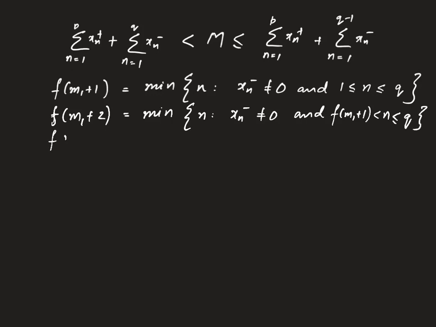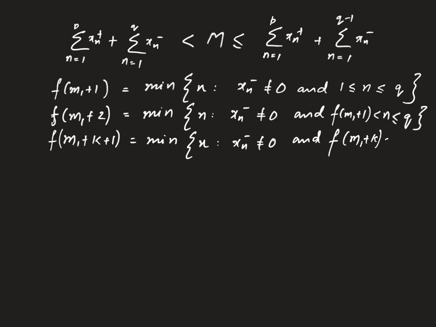Finally, if we know f of m1 plus k, we can define f of m1 plus k plus 1 as the minimum of n such that xn minus is not equal to 0 and f of m1 plus k is less than n, which is less than or equal to q. So we have again defined f from m1 plus 1 to f of